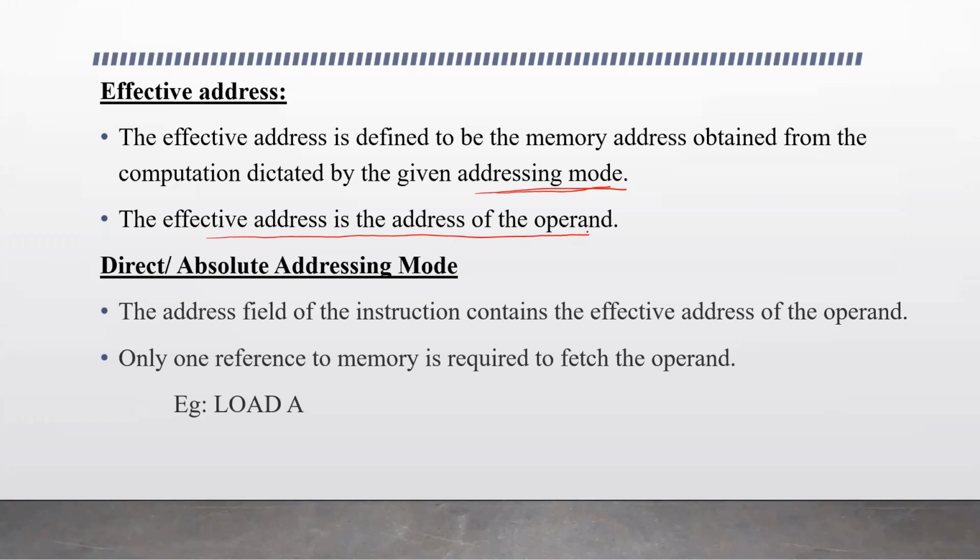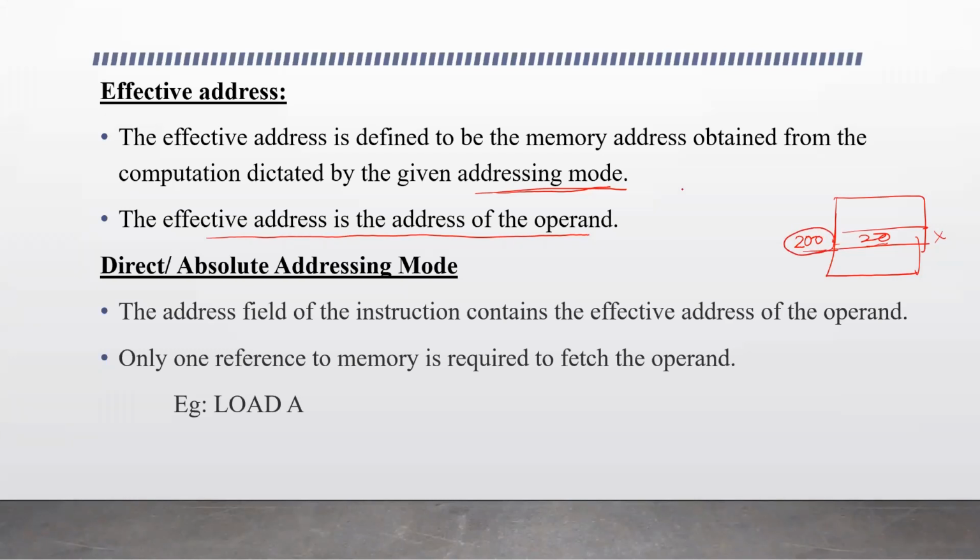Say there is a data 20, and 20 is stored in memory in some location. We say that the address is 200, and it is named as X. At location 200, we have 20. So what is the effective address? The effective address is this 200.